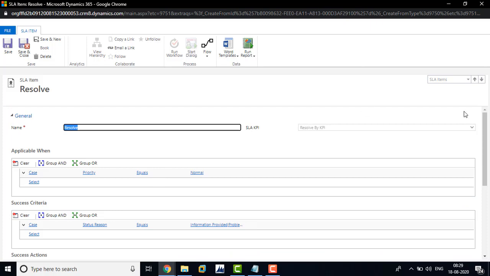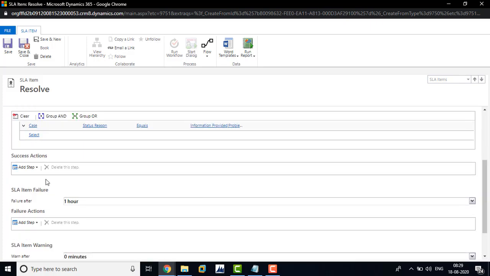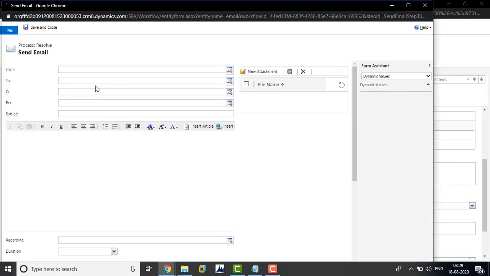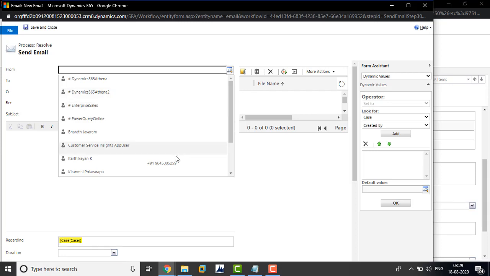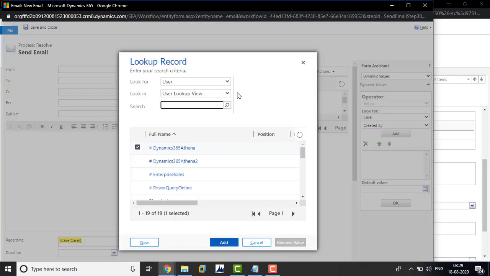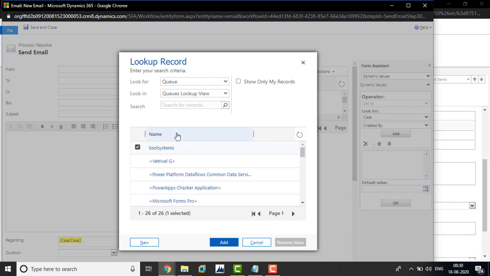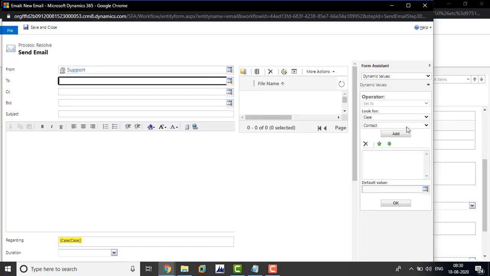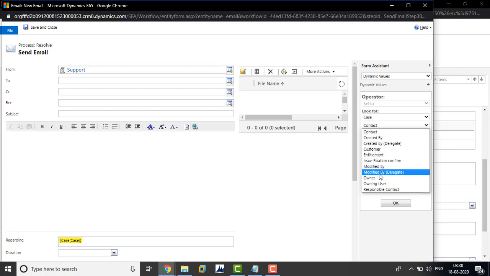So I am going to configure the failure section. Send mail. Scroll down and choose the lookup, more records. Choose your queue. So send the mail to the case owner.